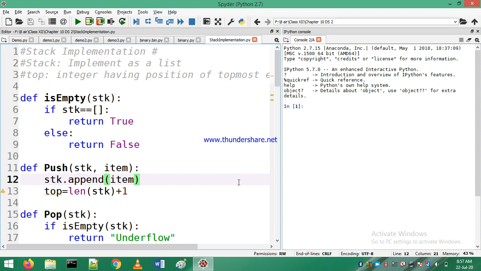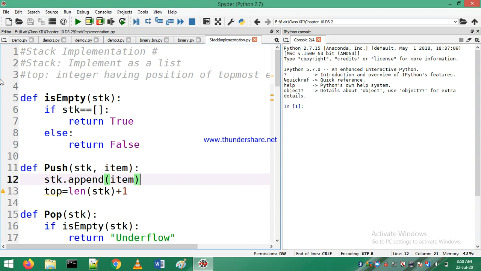As you know that there are 4 operations that we can perform in a stack. First one, creating a stack. Second, inserting data in a stack. Third, pop data from the stack. Fourth, peek data from the stack, and last one is display the stack. Okay, so these are the options that we are going to implement using Python.